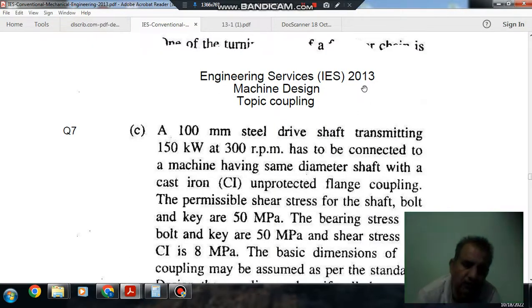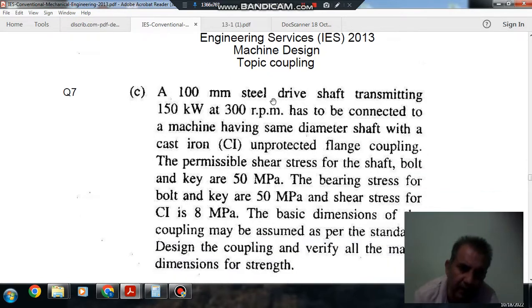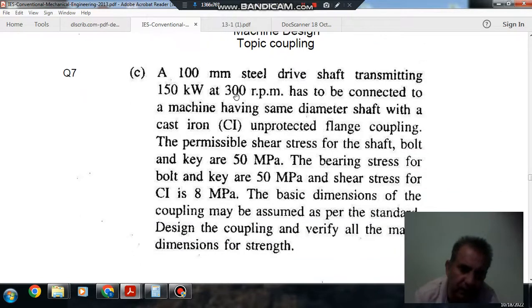Hello, welcome again. We are solving some conventional questions of machine design. The topic is coupling. Question number 7 from Engineering Services 2013: a 100 mm steel drive shaft transmitting 150 kilowatt